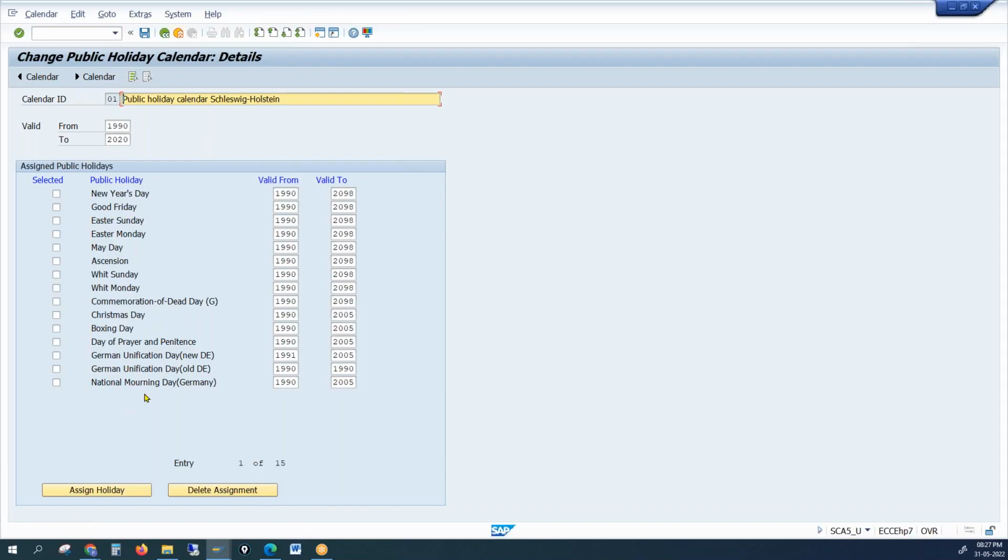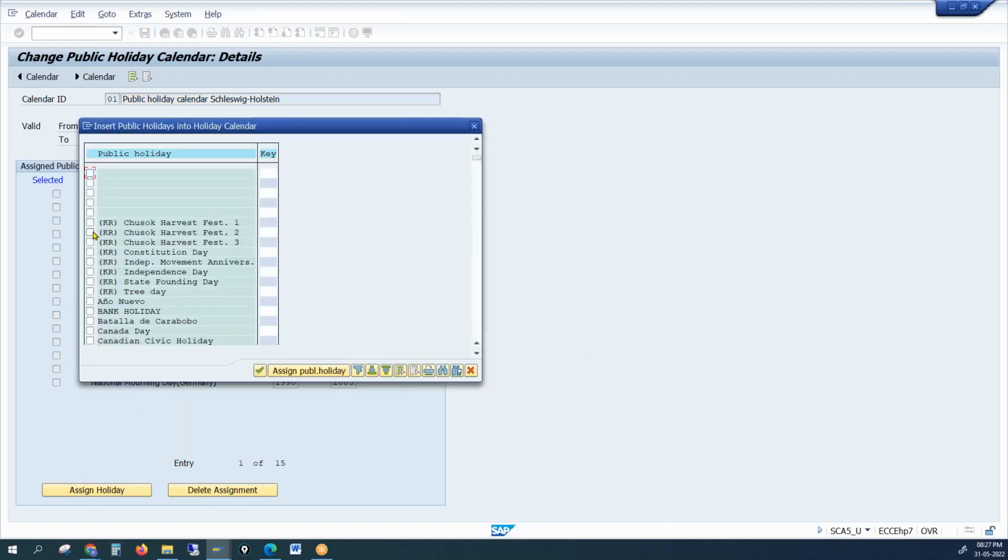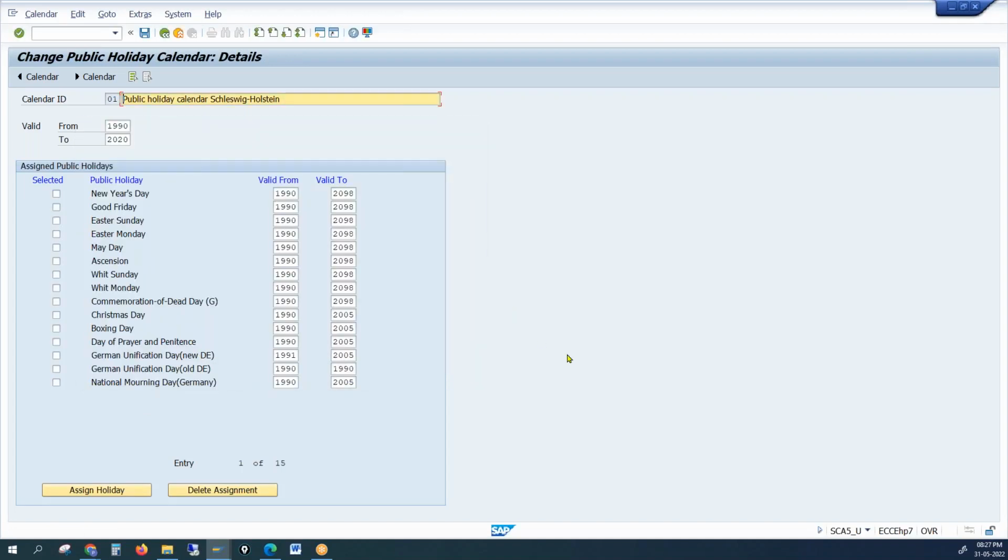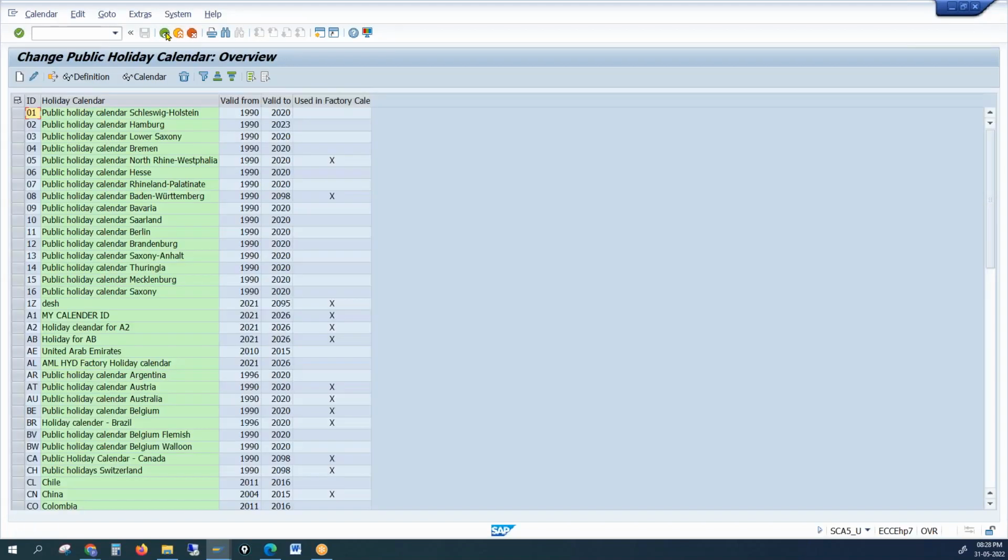You see, these are all the holidays and their validities, everything. So whatever holidays are created, just click on assign holiday. It will show the list. You select and say okay, that comes here. And you could just give the valid from, valid to. So this is a holiday calendar. Okay. So once you have the holiday calendar,